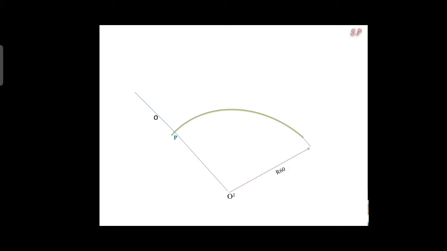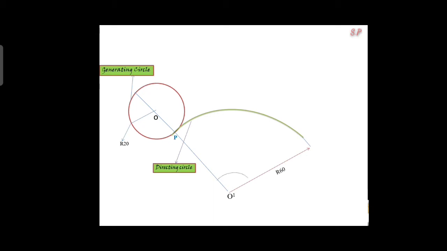Now the OP distance is equal to 20 mm. O is the center and OP is the radius. You draw a circle. This radius is 20 mm and this circle is called the generating circle, and this arc is called the directing circle arc. After that, you take the angle theta 120 degrees in the directing circle. From the line O dash P, you take a 120 degree angle and draw another radial line at the end of the